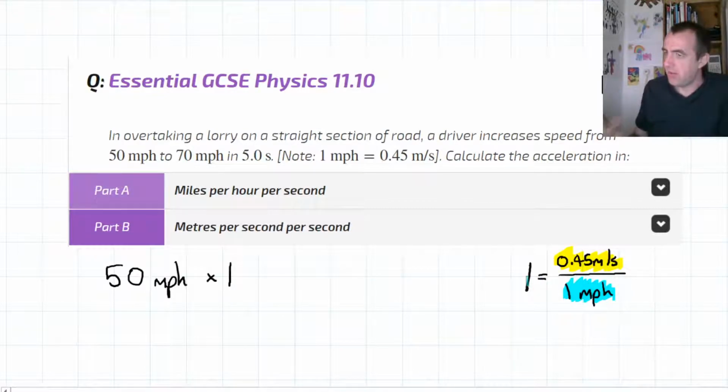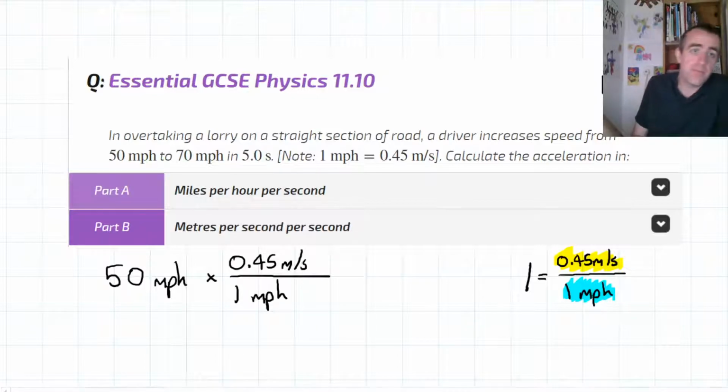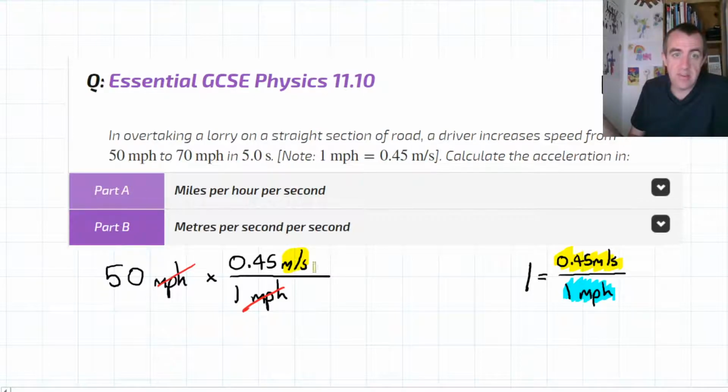And because it's a speed divided by a speed, its speedness, its speed essence cancels out as well. But what doesn't cancel are the units. And so you can use this to convert units. So let's multiply my 50 miles per hour by this fraction: 1 mile per hour on the bottom, and on the top 0.45 meters per second. Now if I do this, the miles per hour will cancel, and I'm left with meters per second. There it is. So that's how I can convert my speeds.